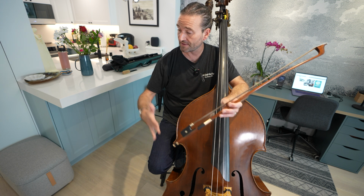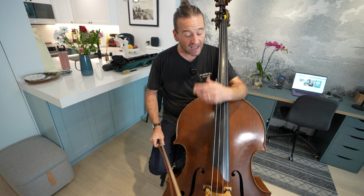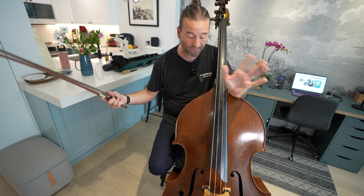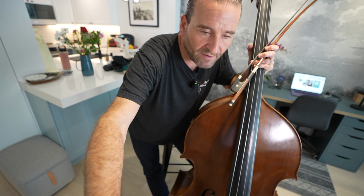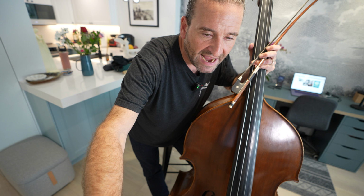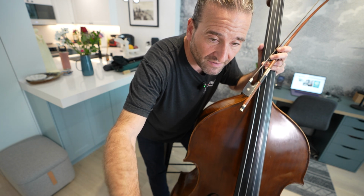That will reap much more rewards, and I find that true for vibrato or any other skill that might take a little bit to kind of settle. Just making it a practice, working it into your practice, that's very helpful in my opinion. So you kind of go the opposite way with this Sautillé approach. You start at whatever tempo that was comfortable. For me, that was 160, and then every day you just kind of notch it down. So if I go to 155,